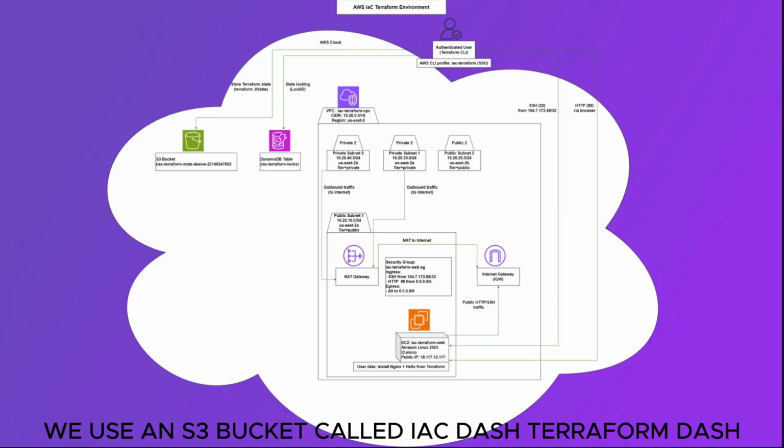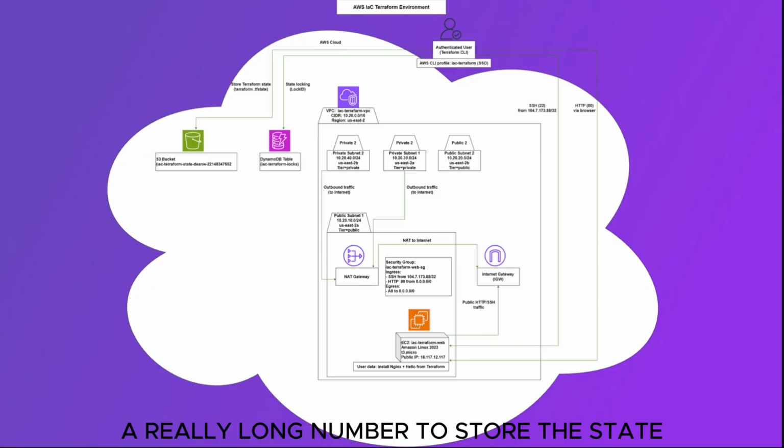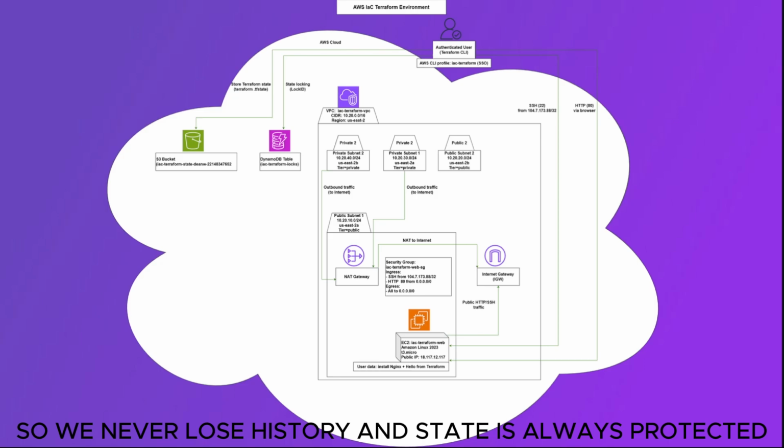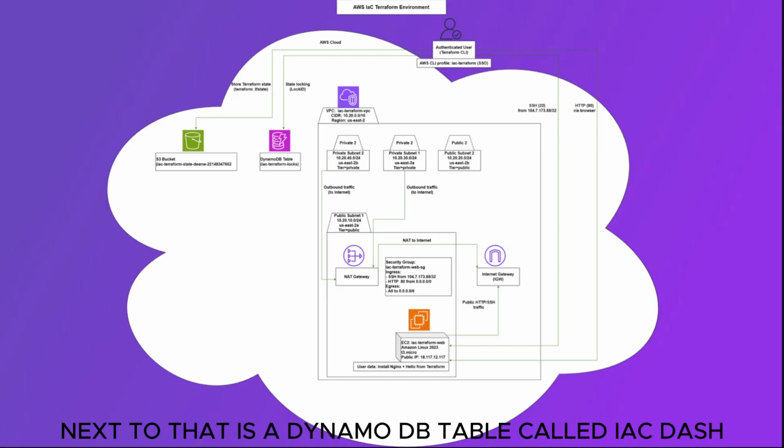We use an S3 bucket called IAC-terraform-state-deanw- a really long number to store this state, with versioning and encryption enabled so we never lose history and state is always protected. Next to that is a DynamoDB table called